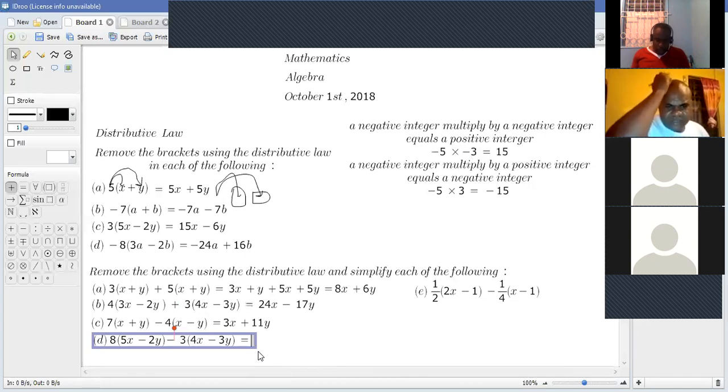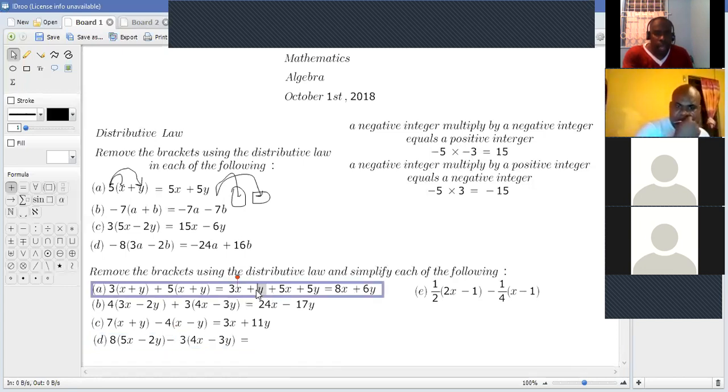Sir. Yes, sir. Yeah, my dear man, go ahead. For A, it should be 3y, not y, right? 3x plus 3y. You have 3x plus y there. Oh, 3y. Then Daniel,